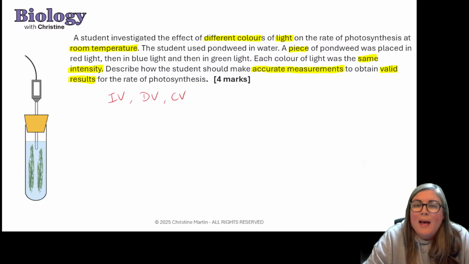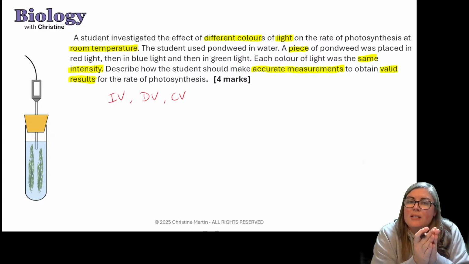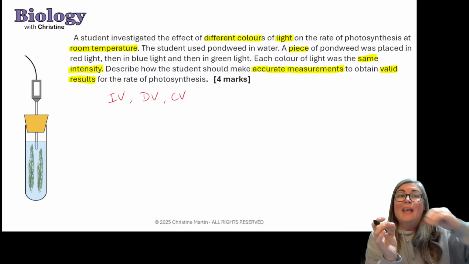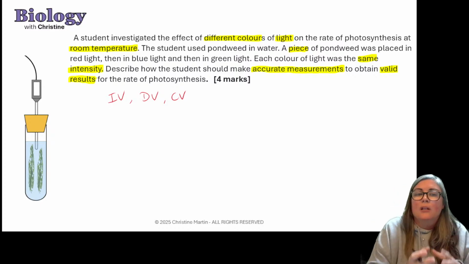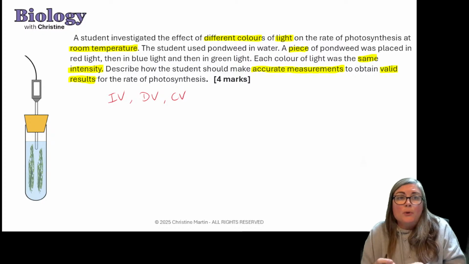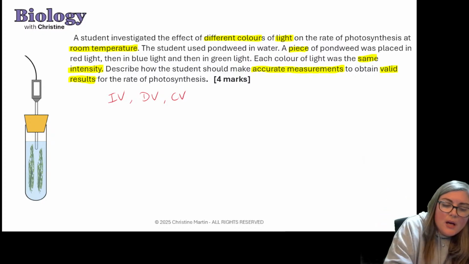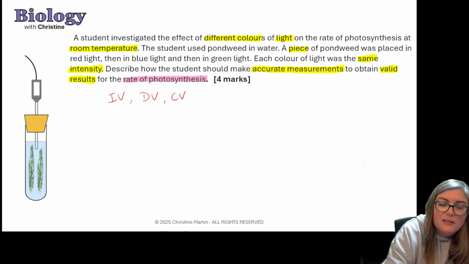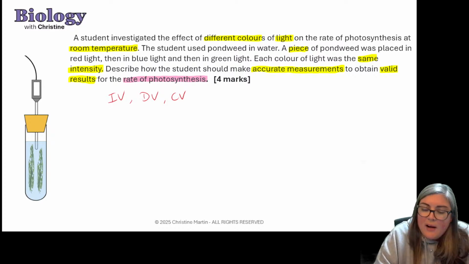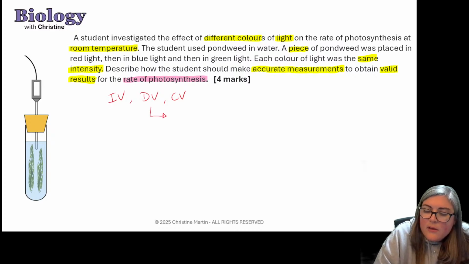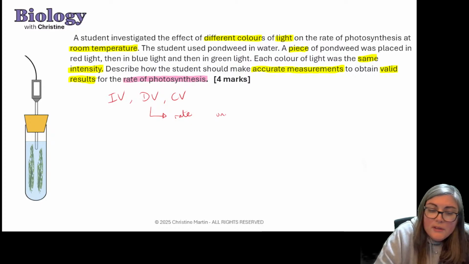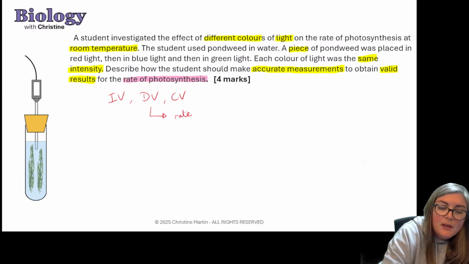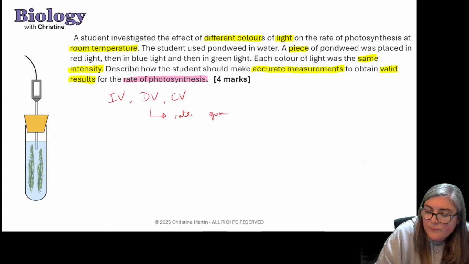So make sure that you have a way of identifying to the examiner, my independent variable is what I'm changing, the colors of light. My dependent variable is what I'm going to measure. Now, my dependent variable in this case is going to be the rate of photosynthesis. Now, you need to ensure whenever you give your answer that you are talking about that rate, and that rate would have to be the quantity that you are collecting. So the quantity that you collect